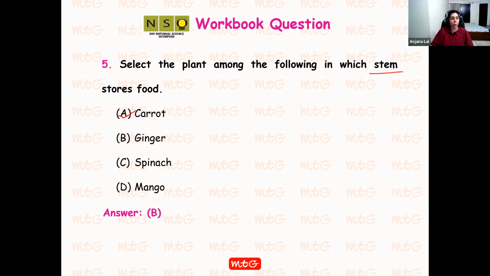What is a carrot? What kind of a plant will be carrot then? Carrot will be a? Kashika? Yes, absolutely. Will be a root. Absolutely correct. Thank you. Ginger is a stem. Yes, good. Ginger is a stem. Spinach is a leaf. Mango is a fruit. So here the correct answer will be